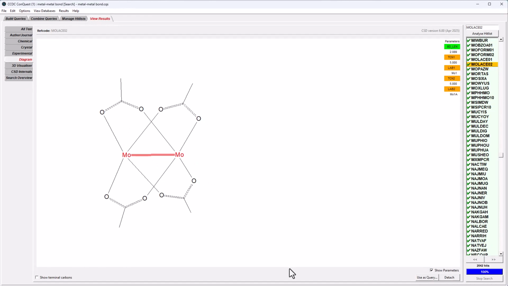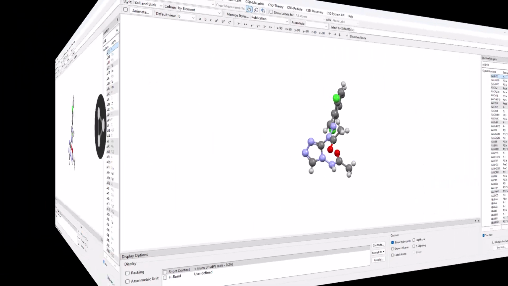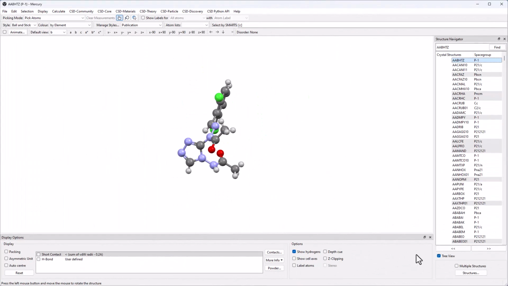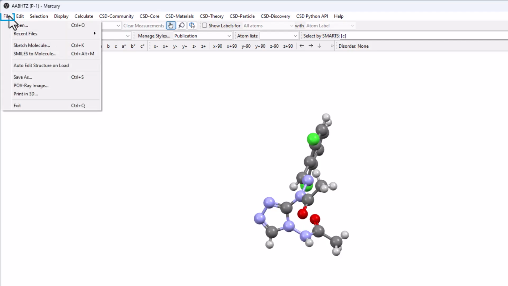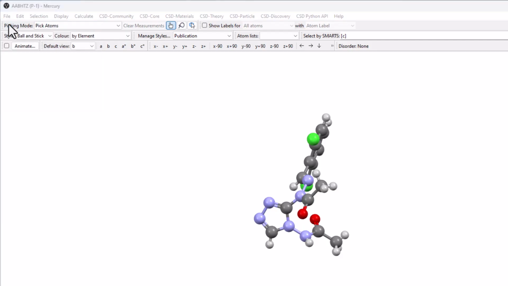The next step, if choosing this method, is to open an instance of Mercury from the Start menu or from the desktop icon. Note that if you are transferring results immediately from Conquest, this will happen automatically. A C2M file can be opened from the File menu in Mercury by choosing Open and selecting the file from the dialog.